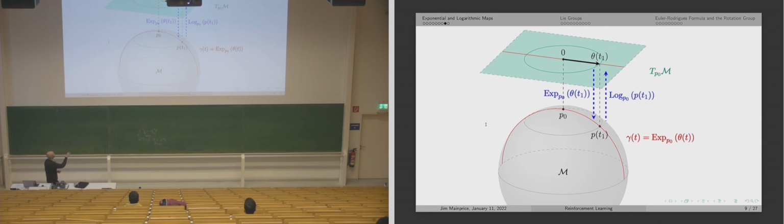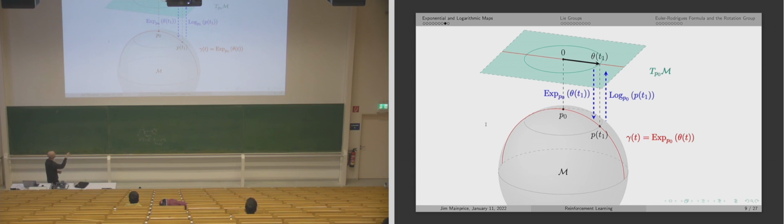So if you have a tangent space attached at point P0, and you're considering the exponential map at that point in the direction of some tangent vector here called theta, it will be a map that maps these vectors to all the points along